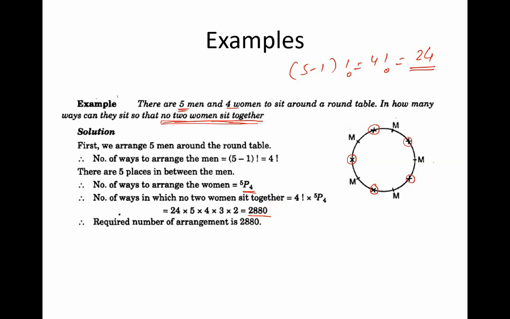So this is all about how to find the permutations in different cases. To make sure that you are able to identify how to find the permutations in different scenarios and problems, the only way is to solve the maximum number of problems that you can. Solve a number of examples. You can find examples online, or you can use any book which has permutations and combinations in it. You will find a number of examples, solved and unsolved both. Try solving as many of them as possible, and only then you will be able to understand and analyze questions.